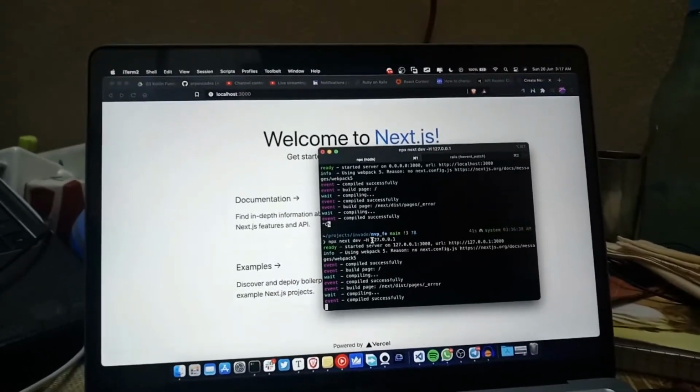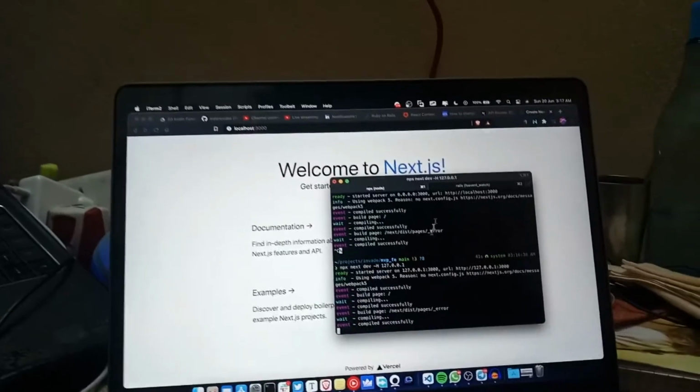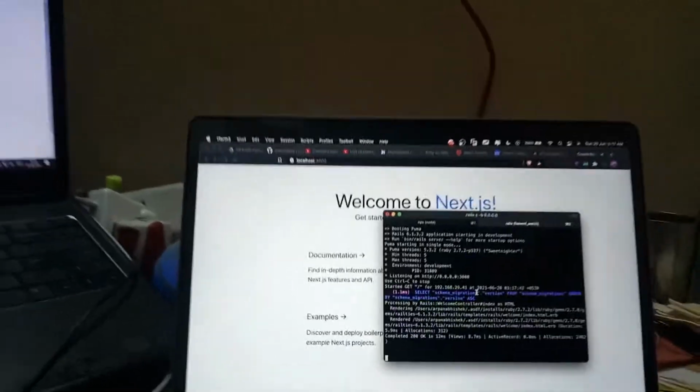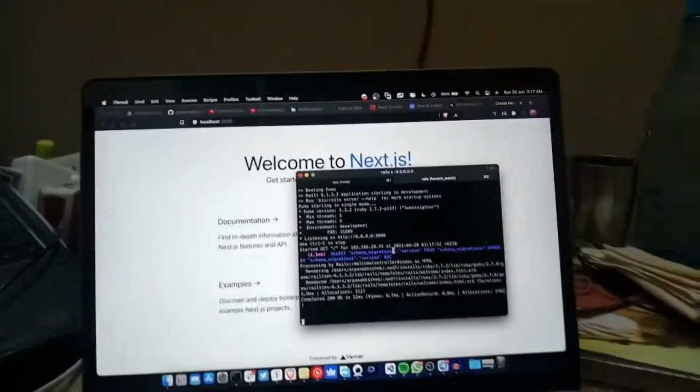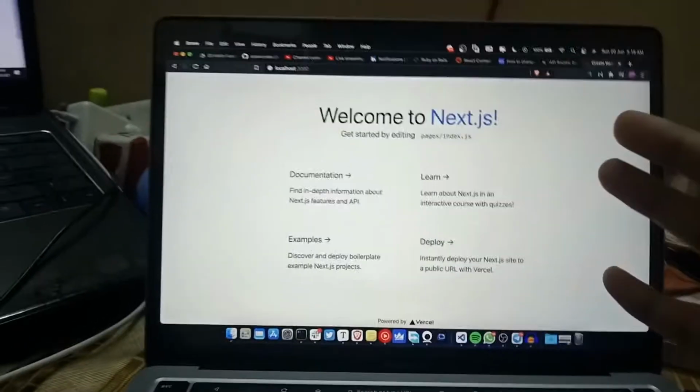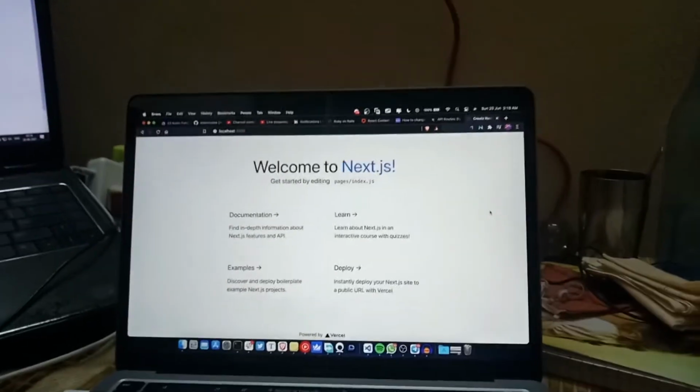The 127.0.0.1 and 0.0.0.0. So what is the difference between the two? Let me just switch the camera. Now we saw the difference between those and we tried to swap the things. But why is that working? How is that working? To understand that, we need to understand the difference between